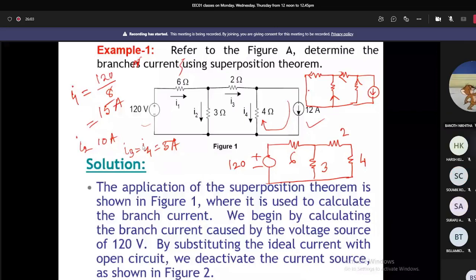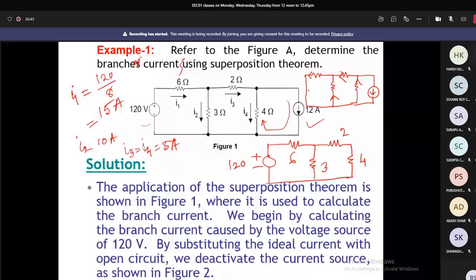So 12 into 3. Can you repeat? I couldn't understand. Actually, sir, I am applying the branching of the current. Minus 3 ampere, the polarity will change, because if the current is flowing through this source alone, the direction will change. For the first case, the direction was from A to B, right? Now, whenever you take care of the 12 ampere current source, the current will start flowing this way. So it is entering B and going out of A. So the polarity got changed, the direction got changed. So I wrote minus 3. Yes, okay, sir.